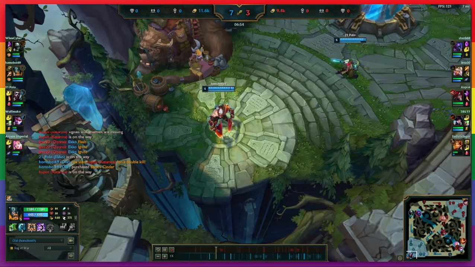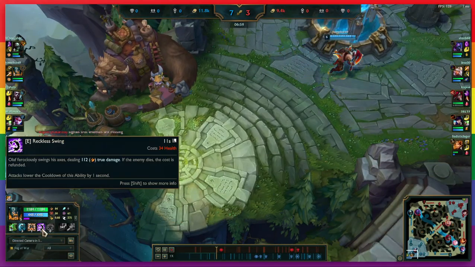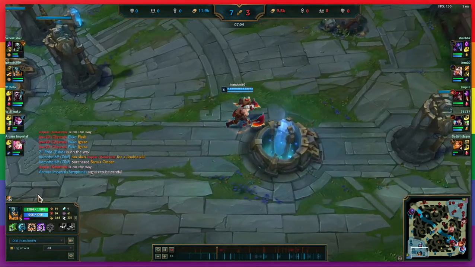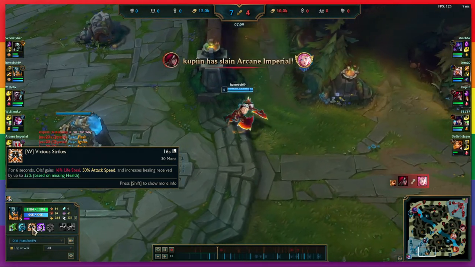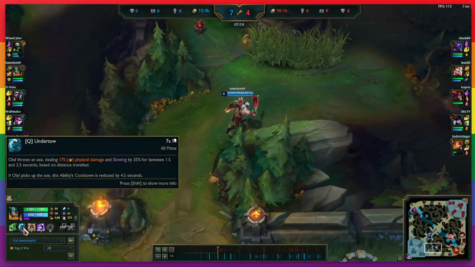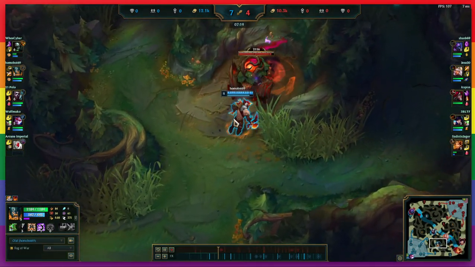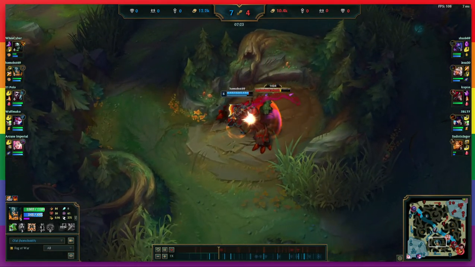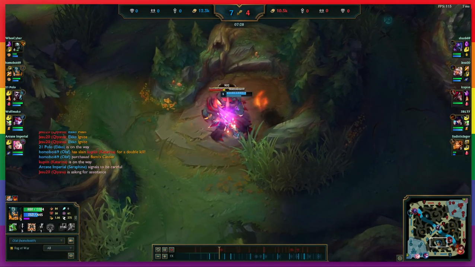The E, that's a big change. Right now it's a 10-second cooldown. Let me check. It's an 11-second cooldown, very close. Wait, I can actually check how much. It's lifesteal, huh? It is. It's lifesteal. Okay, I guess I'm just dumb. So the E, instead of being an 11-second cooldown that gets reduced by auto attacks,